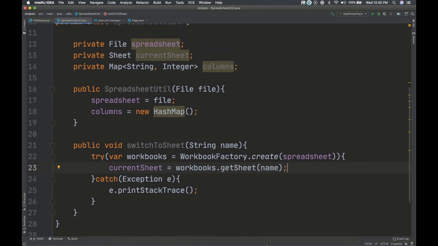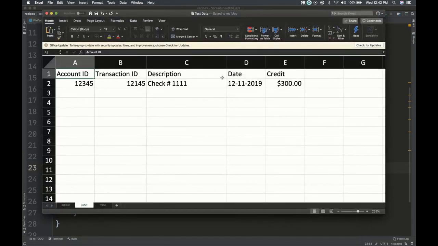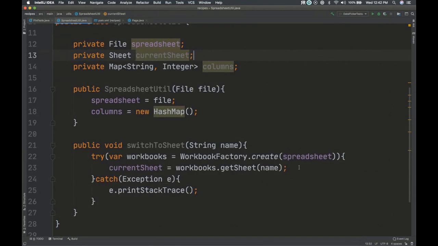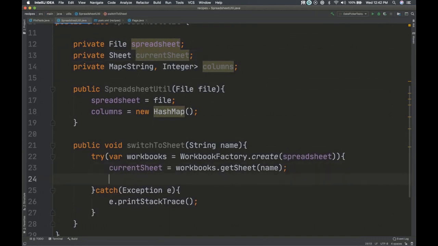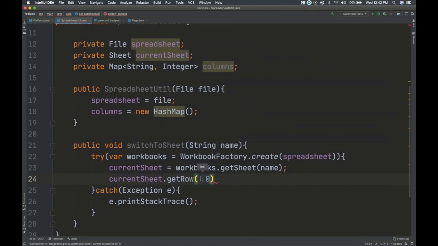So if you look at this again, I want to get each of these things. This is the first row, which is a safe assumption for a header, right? So I want to say, okay, current sheet, there's a get row, I believe. Yes, get row, and you give it the index. So 0, it starts at 0. That would be the first row, which is the header, right?